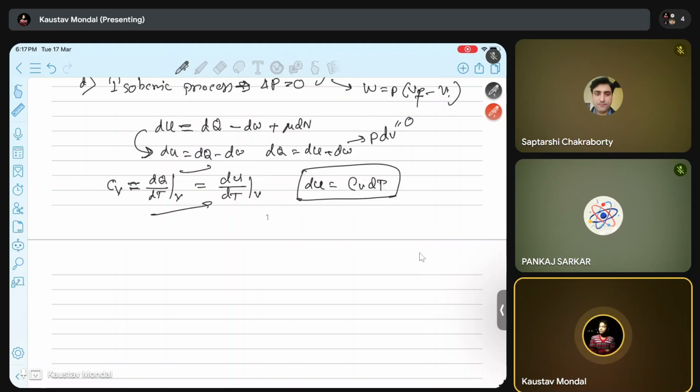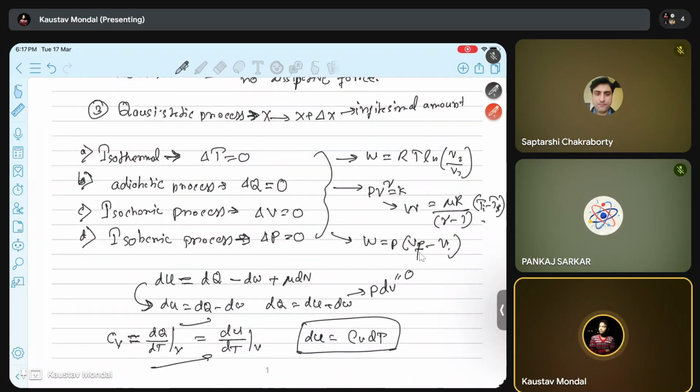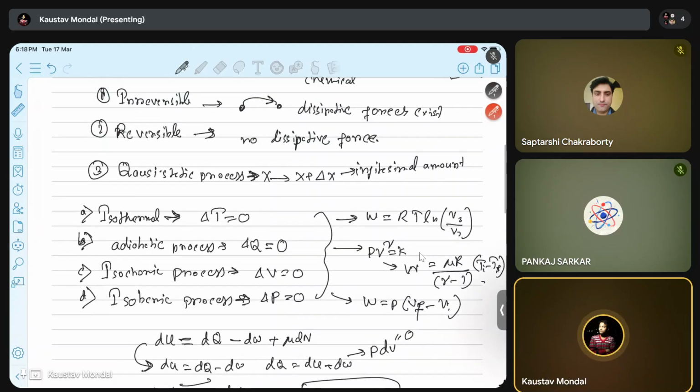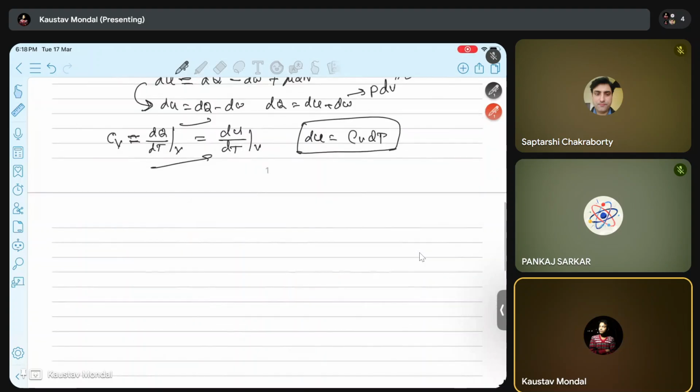So these are some of the important concepts and important formulas that we discussed in the last class, and this is also very important in terms of solving problems. You also have to remember, at least you have to have an idea how these formulas are coming. So today's class will be starting from